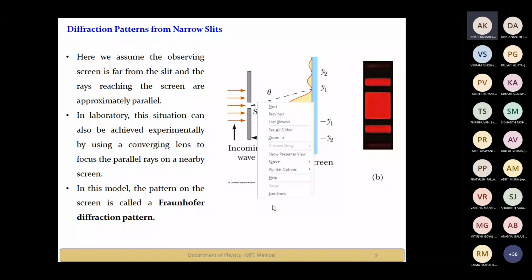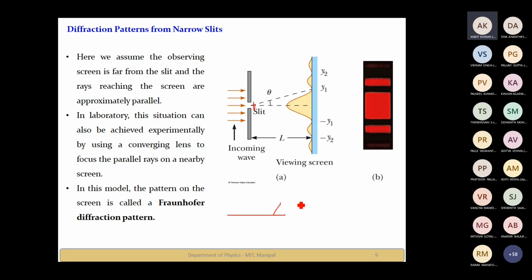What is the width compared to the wavelength of light incident in case of interference? What about interference? Less than wavelength. So whatever width we are talking about will be less than the wavelength of